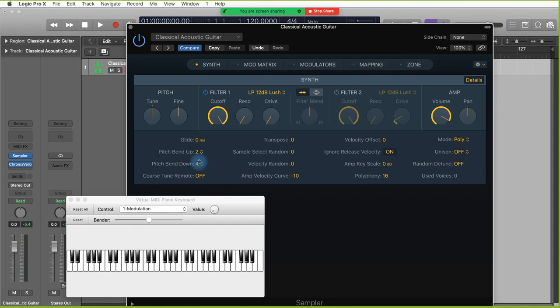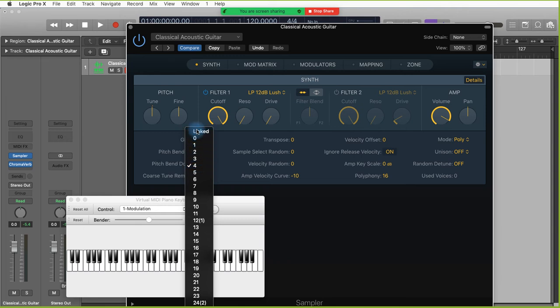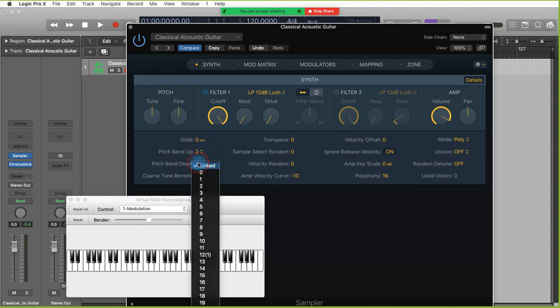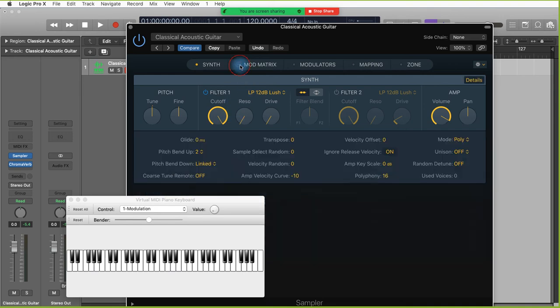So what's most common is just to have the pitch bend range set to be, boy, it just won't go back to linked here. It says 4 there. I wonder if I can make it redraw itself. There, I went away and made it redraw itself. It's like there's a screen redraw bug there, and it didn't want to acknowledge that I had reset it to linked, but it's set. So this is the most common situation where the pitch bend range is the same up